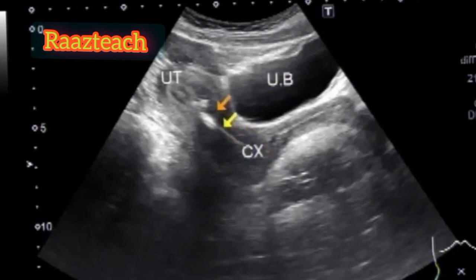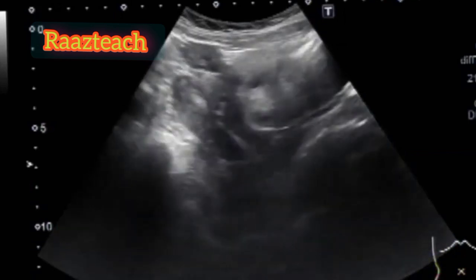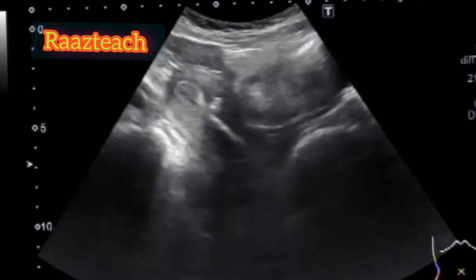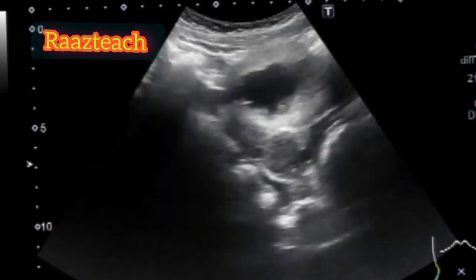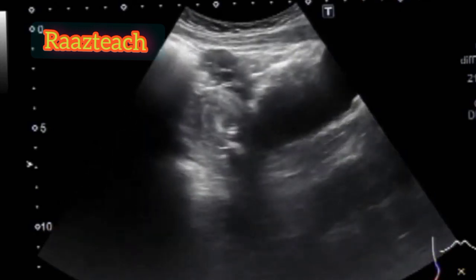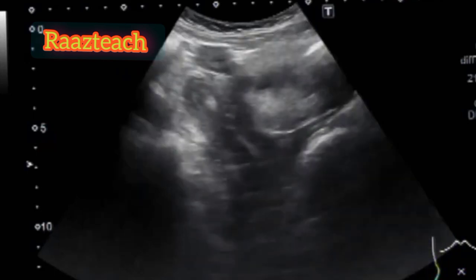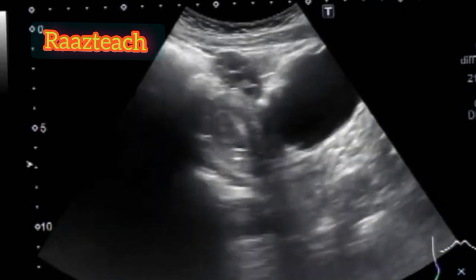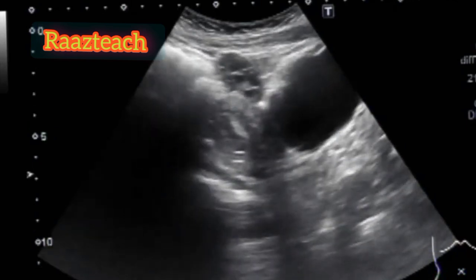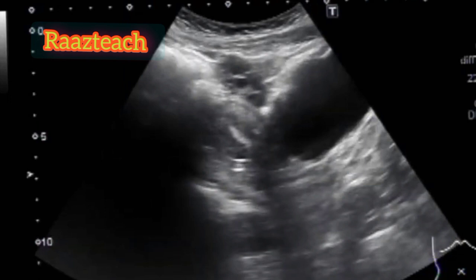The pouch of Douglas, cul-de-sac or rectovaginal septum, is the space between the rectum and the uterus. This is the lowest part of the abdominal cavity. The female pelvis is a complex and ever changing area of the human body. And the pouch of Douglas is a particular area of contrast, also known as the cul-de-sac. The pouch of Douglas exists between the uterus and the rectum and is the most dependent area of the pelvis